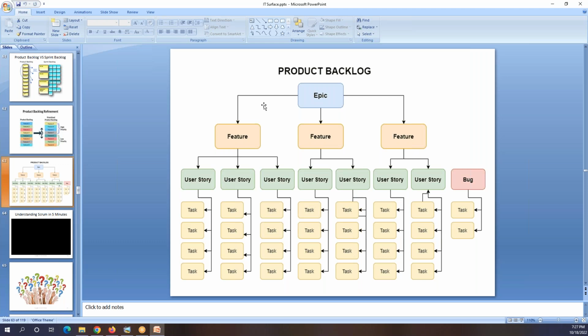So these are the things that I can add in that main story, and that main story we call an epic. Based on the epic, on that login functionality, I have different features, and all these features might have user stories, and all these user stories might have tasks.